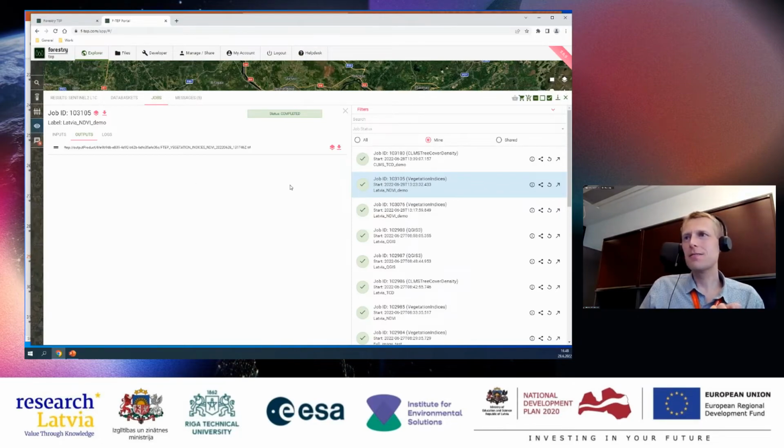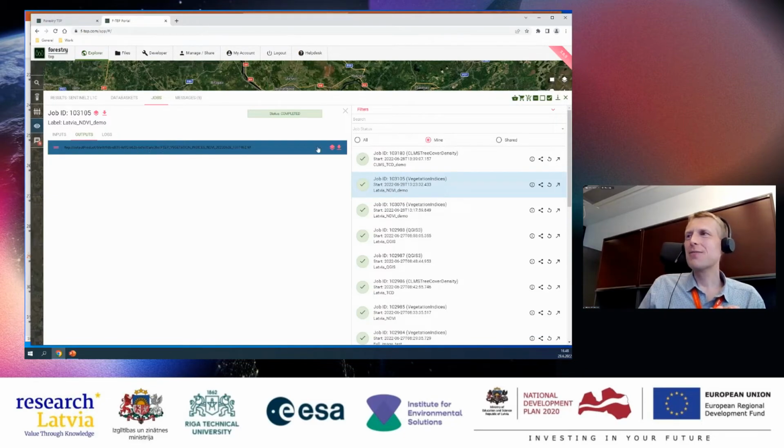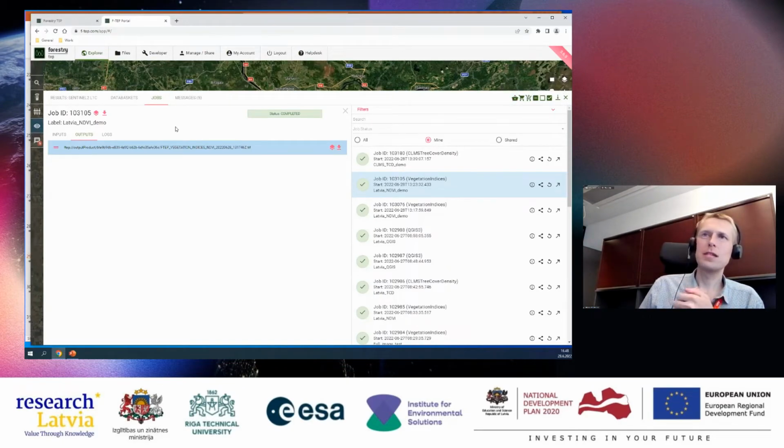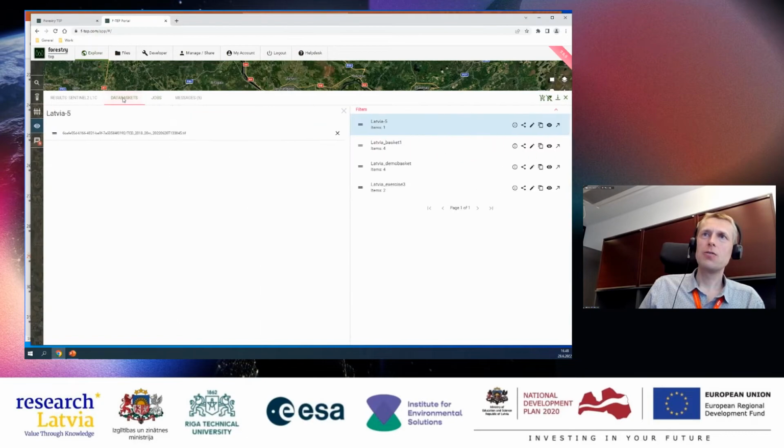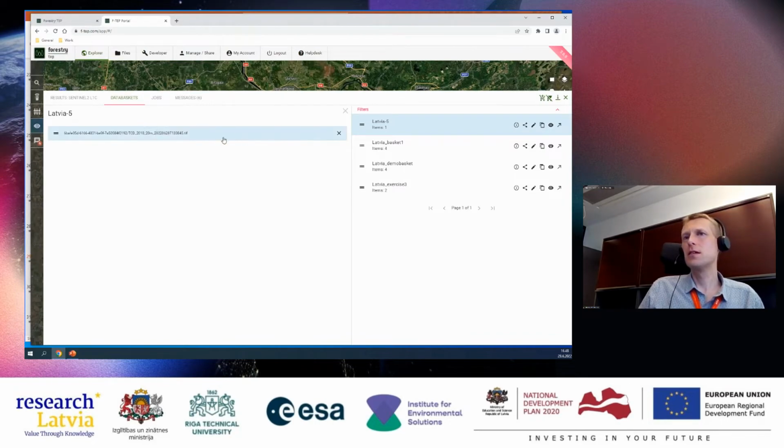Now it takes 5 to 10 seconds for some reason, but again, I will activate it and click the add to Latvia 5 data basket. And now if I go to the data baskets tab, I hopefully soon see the two files here. At least I can see my Latvia 5 basket here.